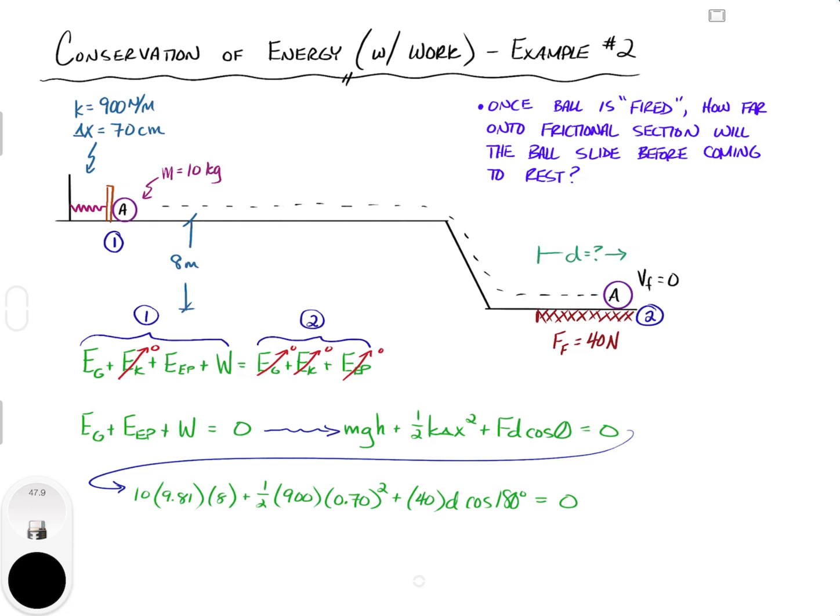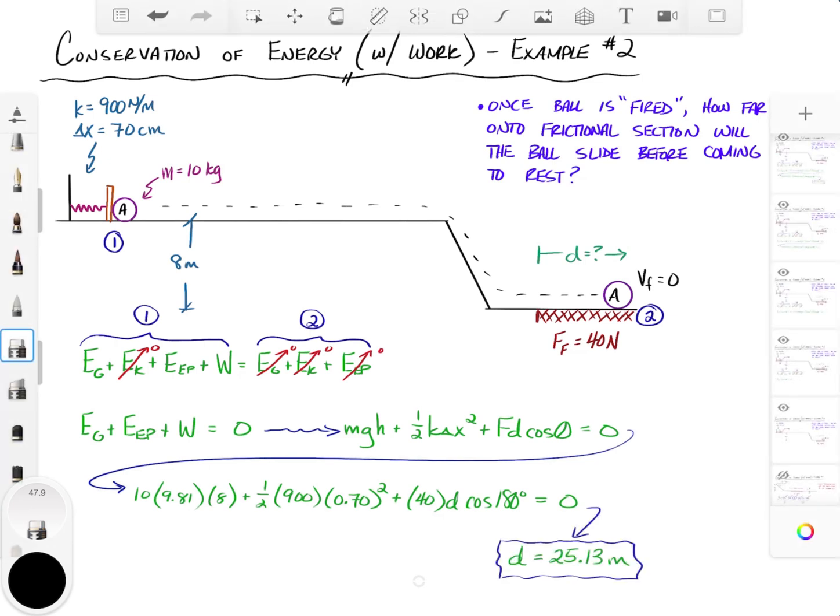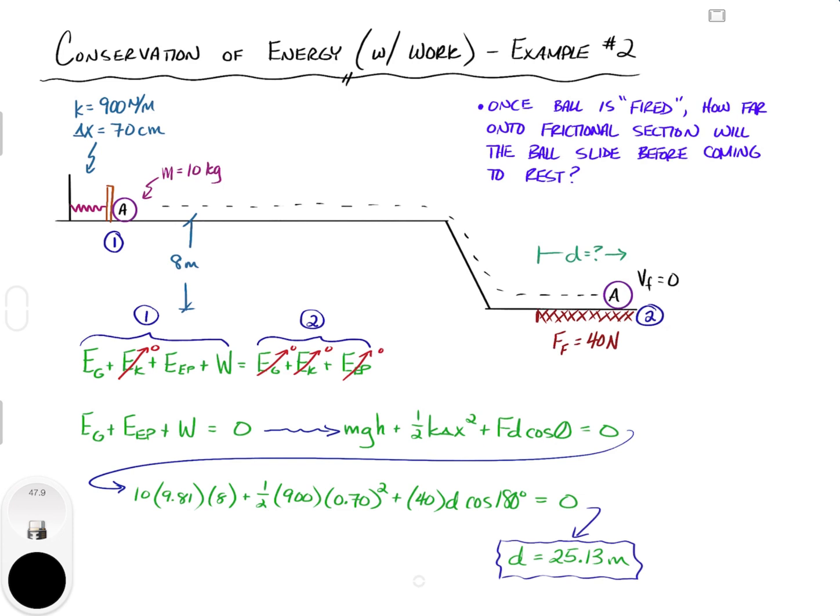The k value is 900. I do have to convert 70 centimeters into 0.70 meters. If you don't do that, you'll get quite an interesting answer. The force of friction in this case, the force that's performing the work, is 40. Friction is going to act 180 degrees against the distance that that object is covering, so the angle will be 180. And if you take a look at that entire equation, we have one unknown. So one equation, one unknown, we can solve for it. If we do our algebra correctly, we should find that it will slide exactly 25.13 meters before its kinetic energy